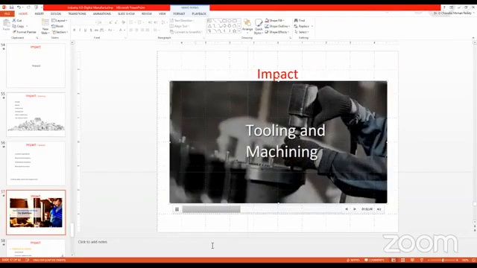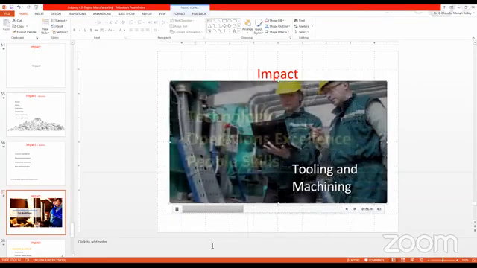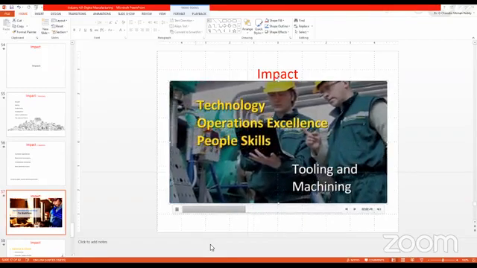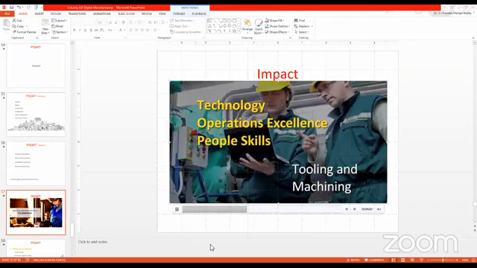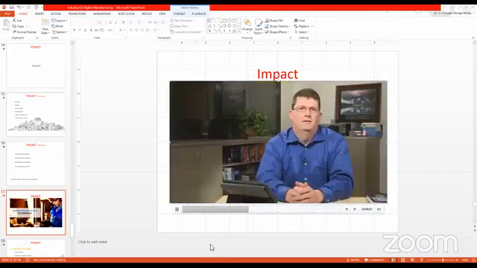These changes shift the focus for digital manufacturing and design from only tooling and machining skills to workers that also have skills in technology, operations excellence, and people skills, or the ability to effectively collaborate with others as part of a team. Some items to keep in mind when considering the impact of the digital manufacturing and design paradigm are: